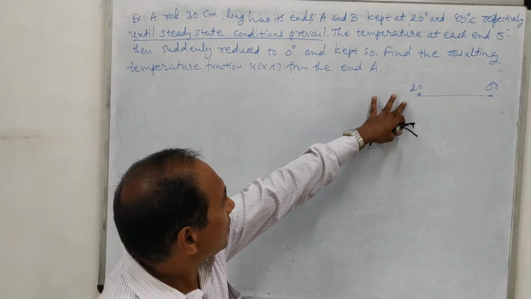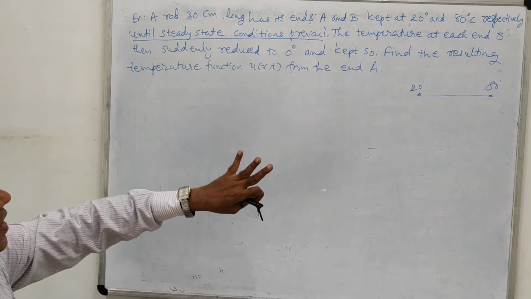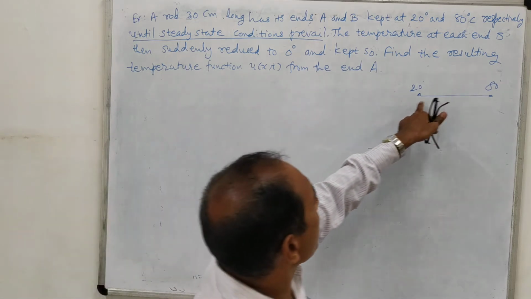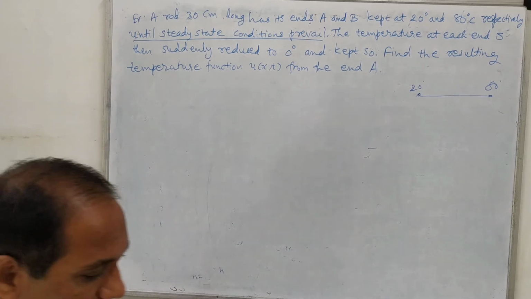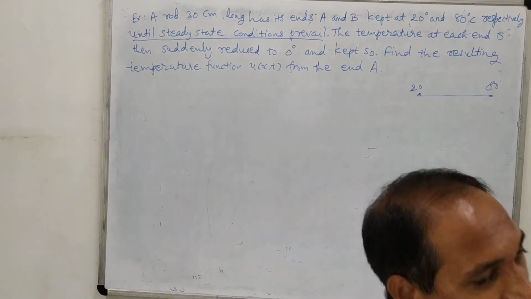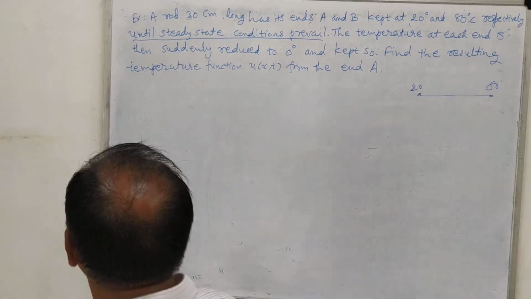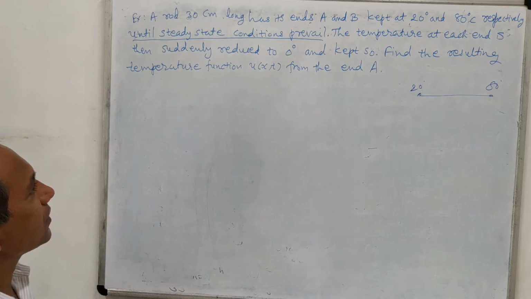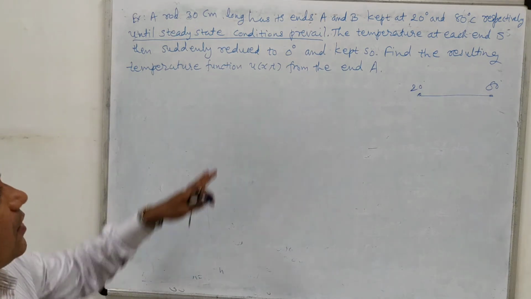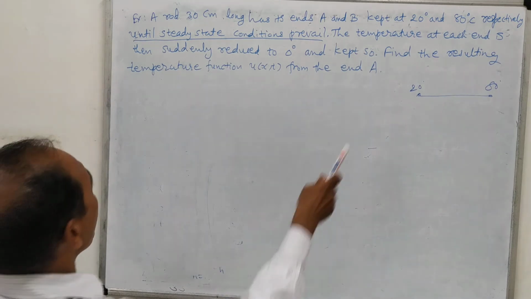But under the steady state condition, the end points have different temperatures. And one more thing you must have noticed is that we are not given anything about the initial condition, that is u(x,0) equal to f(x). The third condition was the initial condition, u(x,0) equal to f(x), and nothing is said about this. So we come to this point again, and here find the resulting temperature.